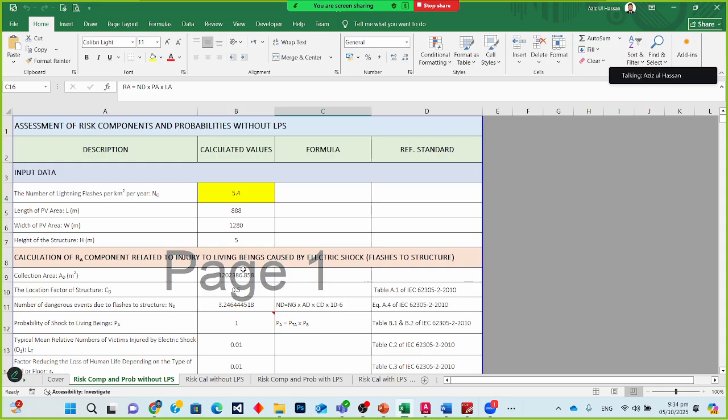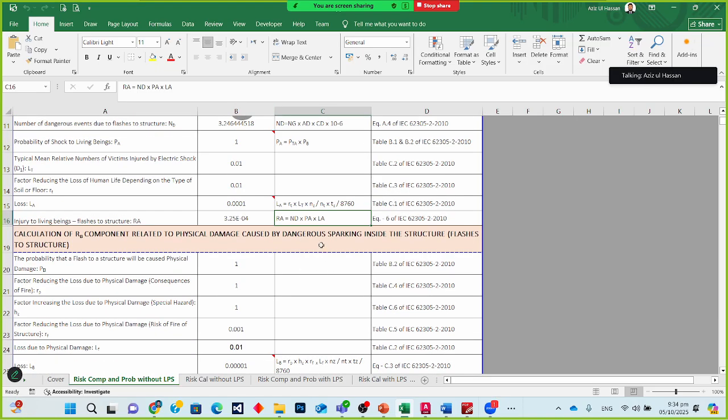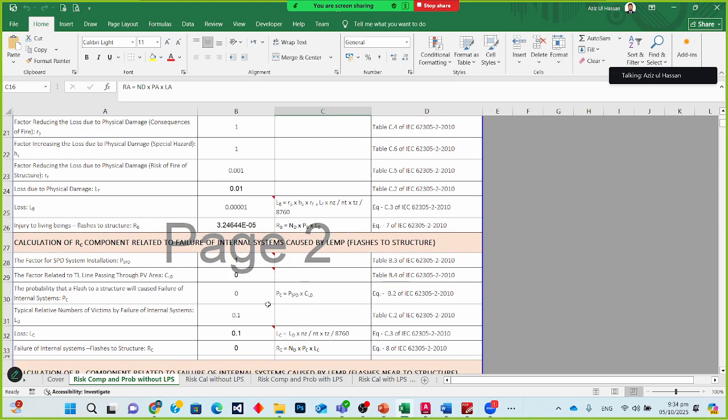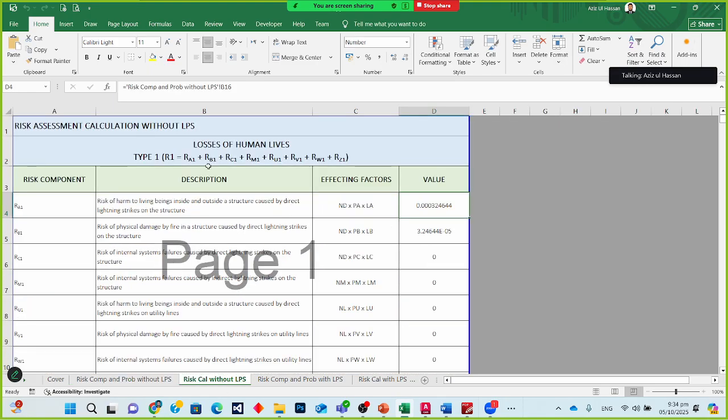Basically, I have talked about the risks R1, R2, R3, and R4. We have to calculate these risks and then analyze the risk assessment. The risk R1 will be calculated like I will show you: R1 is equal to